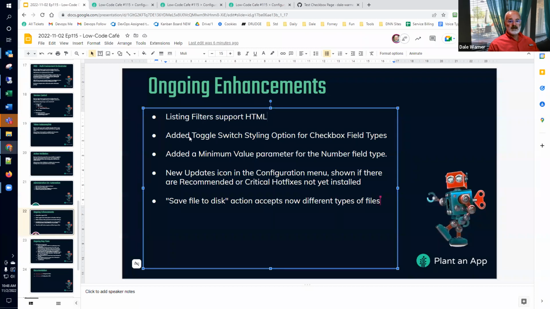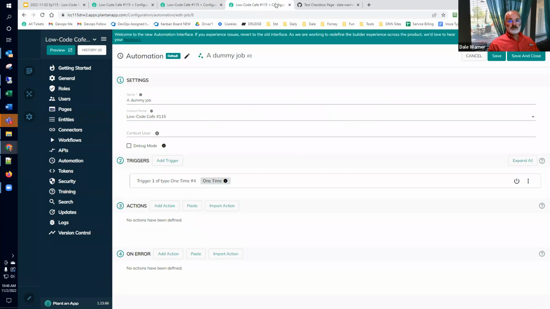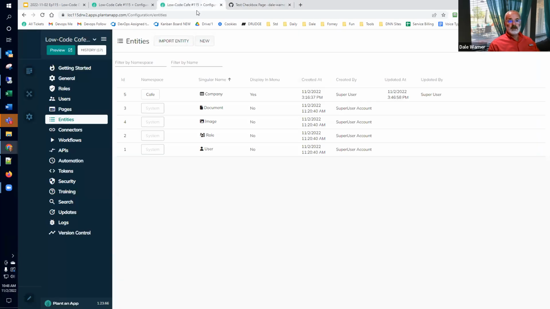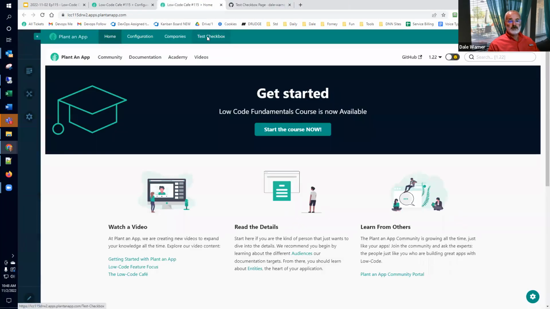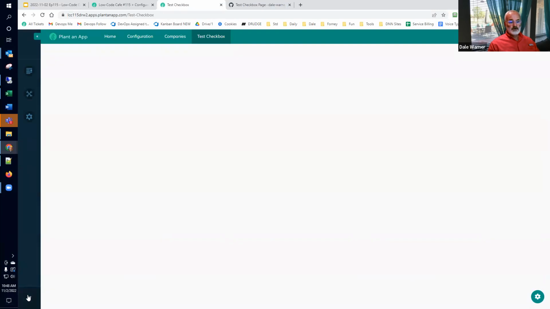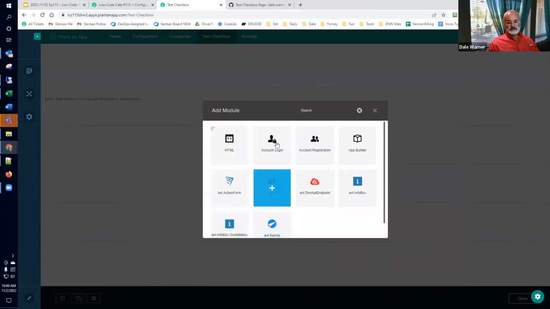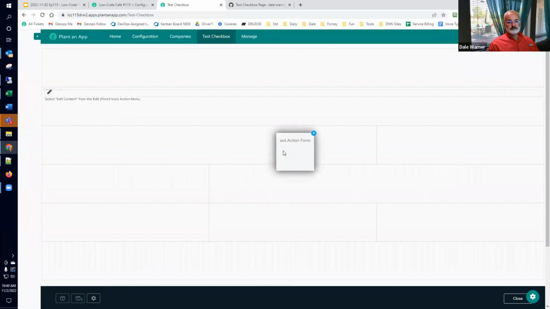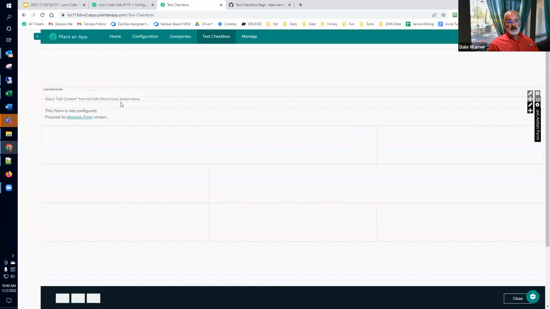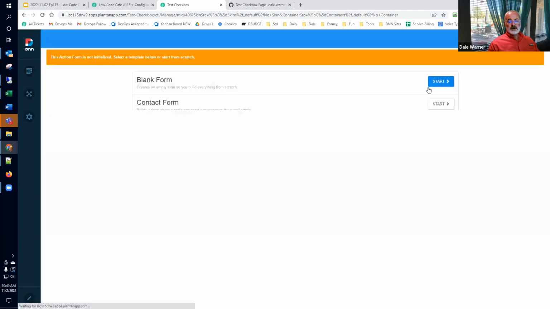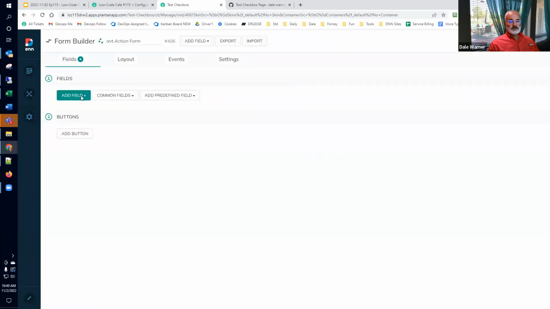Another is that we added toggle switch styling option for checkbox fields. So what does this look like? I added a page earlier called test checkbox. We go there and add a form that we're going to custom configure. And if we were to add checkboxes, again, we can show off what the problem is, or the old way. So we'll add